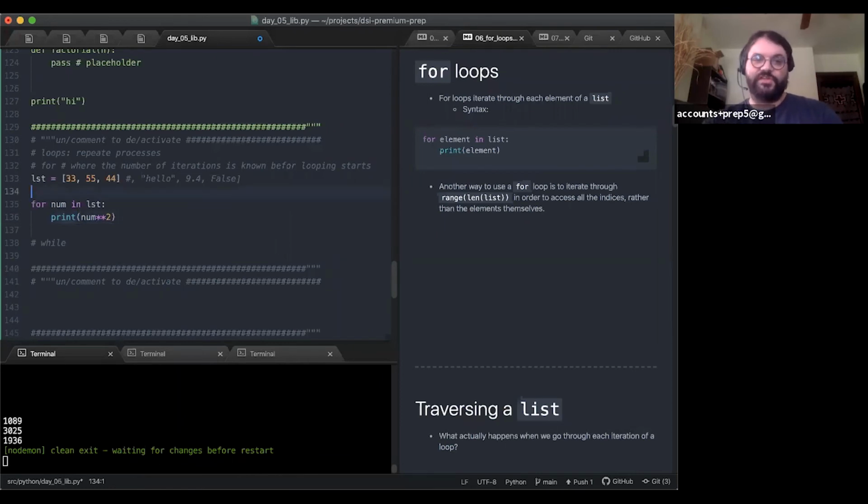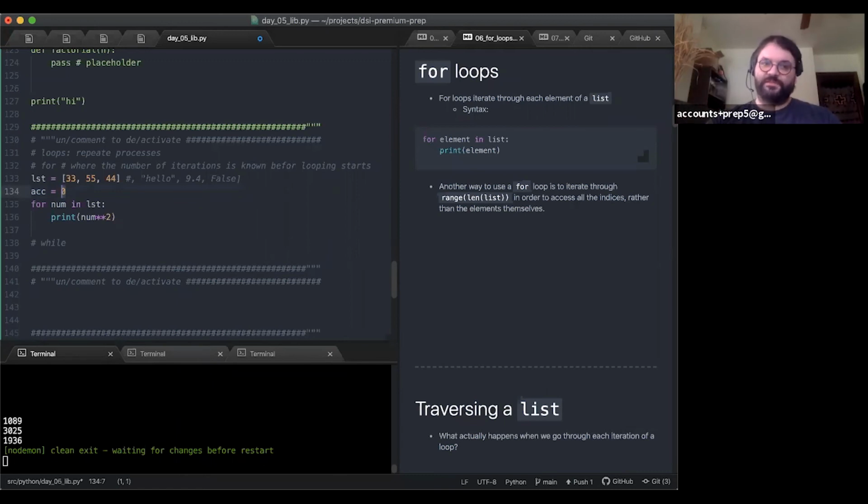This is called the accumulator pattern. I'm going to show you the numeric accumulator pattern, the int or float one. I'm just going to call this ACC, which is short for accumulator. Accumulator equals 0. When we start an accumulator, usually we'll start it at some kind of neutral or empty value.